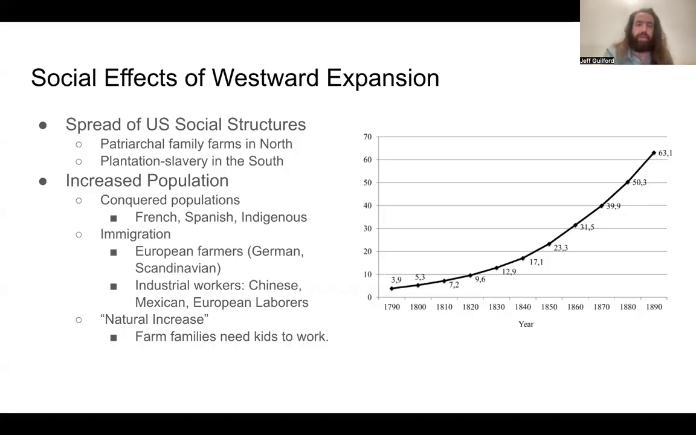So first up, some big social effects of westward expansion. So first of all, you see the spread of U.S. social structures and culture westward from the East Coast, and it basically happens in just like a straight line. So the northern states tend to be based on small family farms. And that model just continues straight west into the Midwest and then also into Oregon. So this patchwork of small food producing family farms selling their food on the market and then importing industrial goods